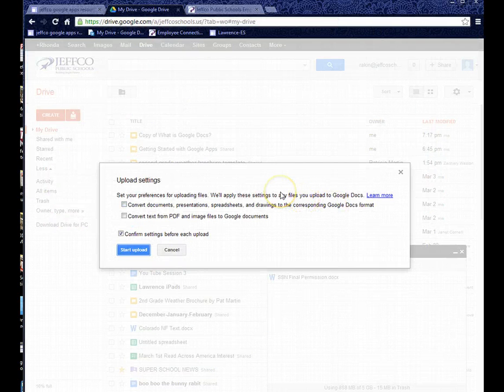The next step is it will ask you if you want to convert your documents to the Google format, or if you want to keep them as a Word document. The advantage to using them in a Jeffco Docs format is that because it's living within Google, it's sometimes a little easier to manage. And another advantage is that we have 5 gigabytes of storage space, and if you convert the document to Google Docs format, it doesn't take up any of that storage space. So I'm going to go ahead and convert